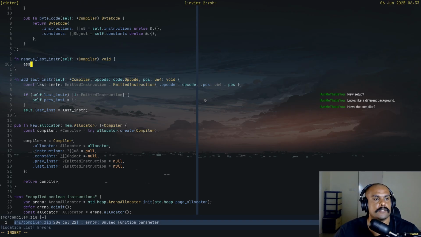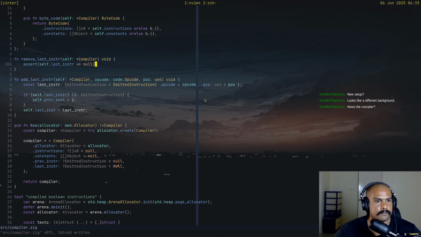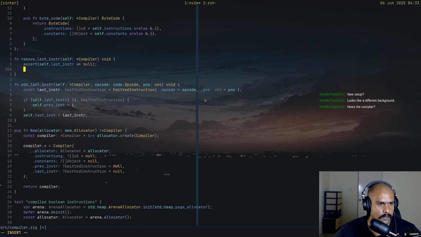Okay, and then I can assert self dot last instruction not equal to null. And if it's not null,